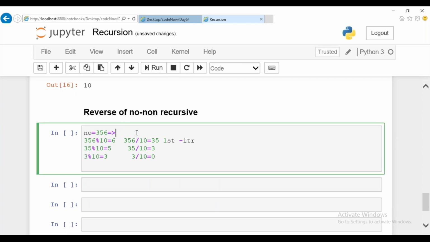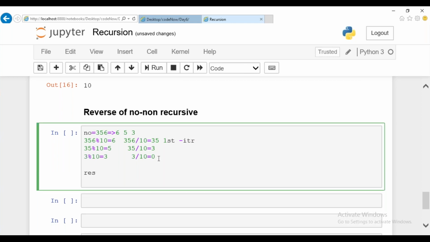Reverse in the sense I should take this 6 should place here, 5 after to it, and 3 after to it. So previously for sum of digit, how we are traversing from the last, we are taking 1 by 1 digit, right? Instead of adding this digit, what we are going to do is we are going to store in a variable name by multiplying with it. First, I'll take 6. I'll multiply 6 with 10. So I'll place 6 as such.